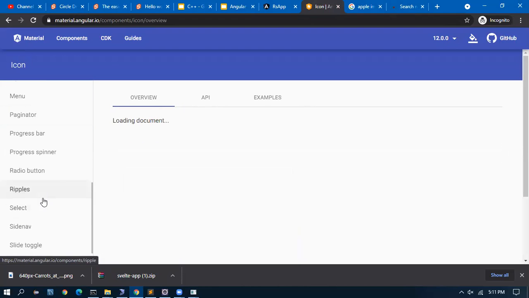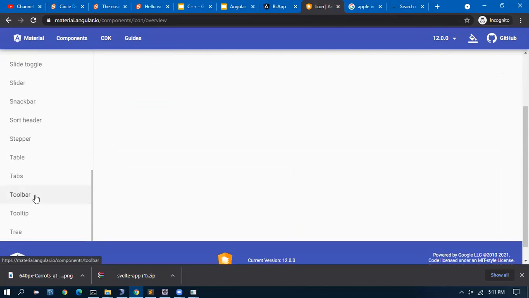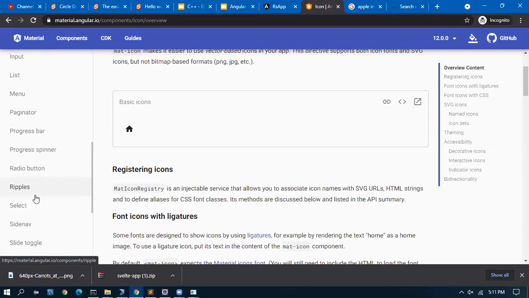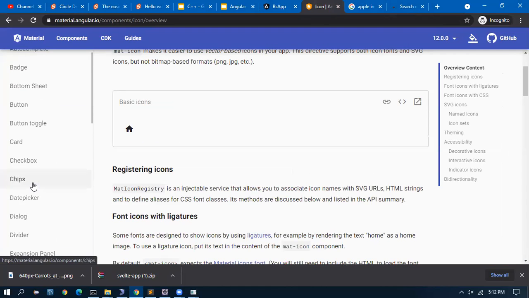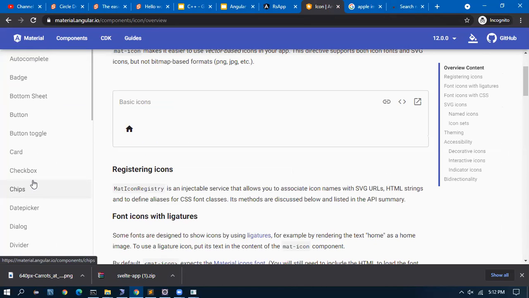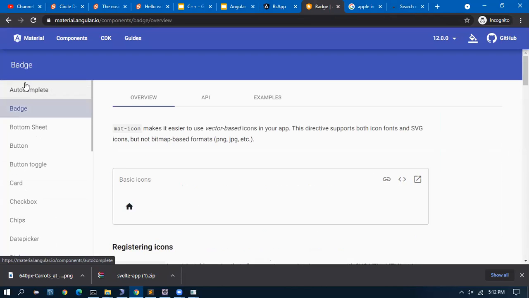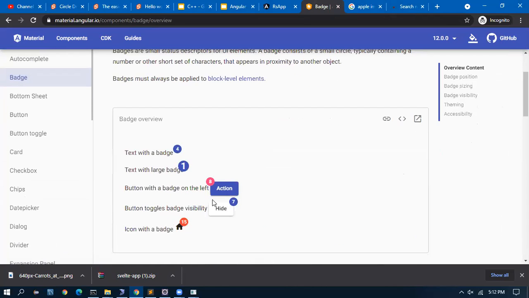Something which is really cool is a badge, like this text with a badge, an icon with a badge.